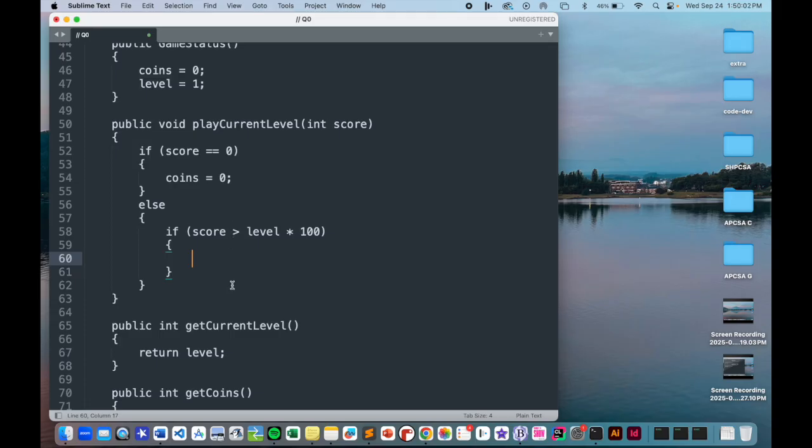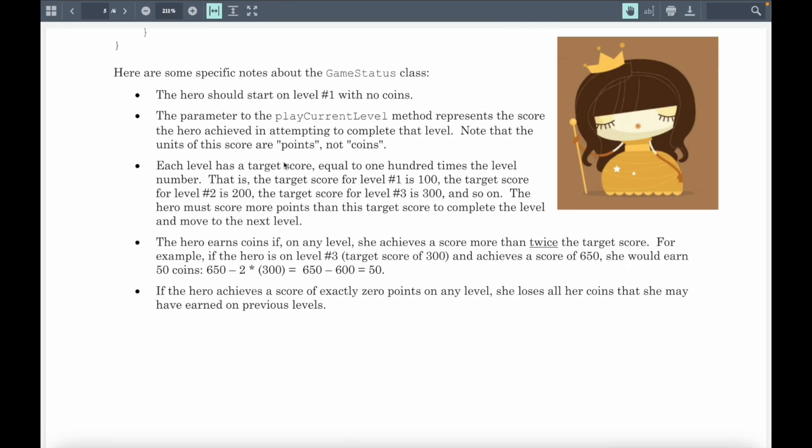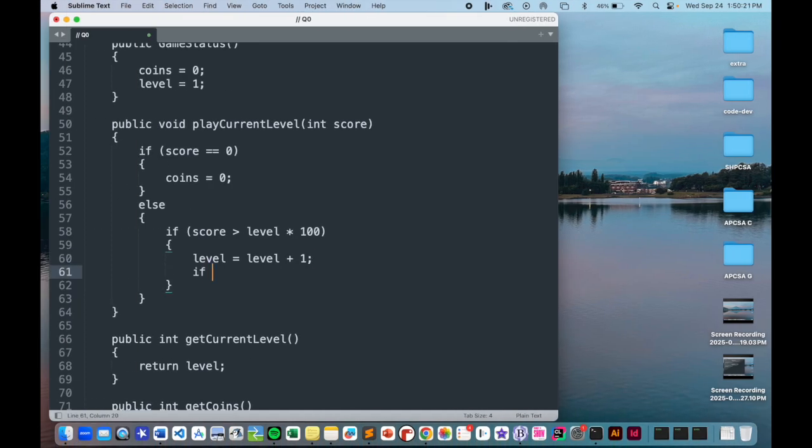Well, what happens? Doesn't my level go up by 1 because I move on to the next level? Couldn't I also potentially earn some coins? When do I do that? It's actually when my score is more than 2 times the target. So how can I check that? If score is greater than level times 200,